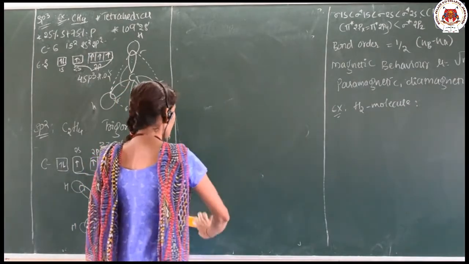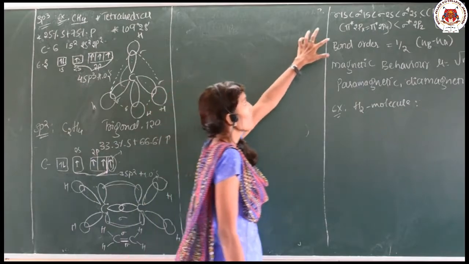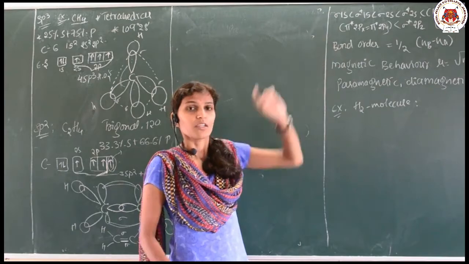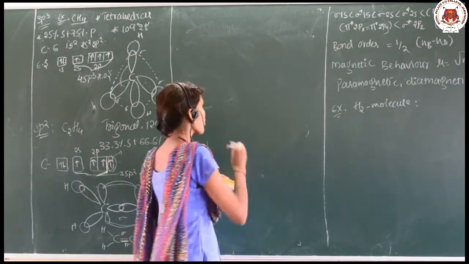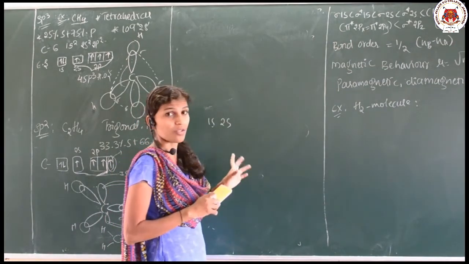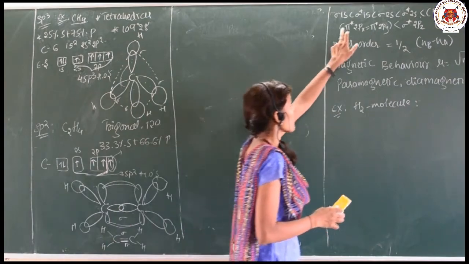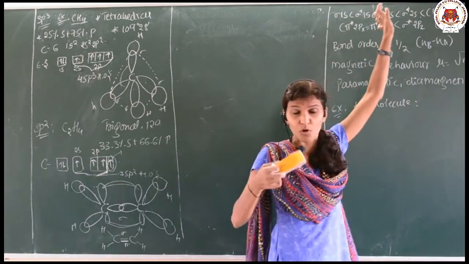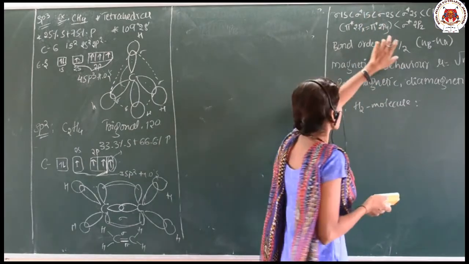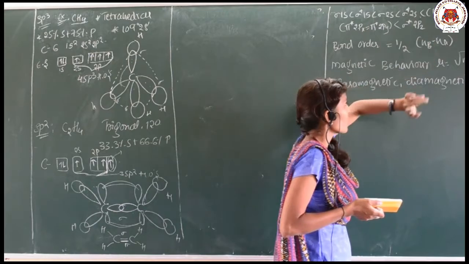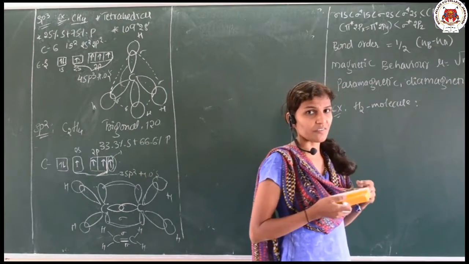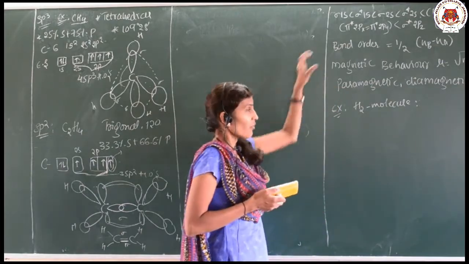Now, let us study molecular orbital configuration. To write the electronic configuration, we use the 1s, 2s series. Now, we are talking about the molecular orbital series. Here sigma 1s is a bonding orbital, and sigma star means the anti-bonding one. Similarly, sigma 2s, sigma star 2s, and so on. This series is applicable up to nitrogen. I will tell you how exactly it happens.